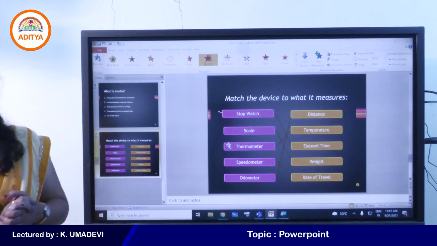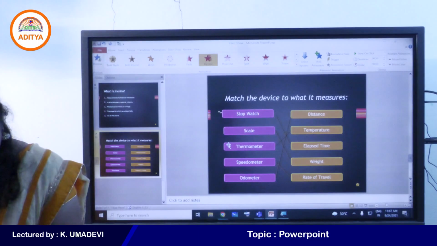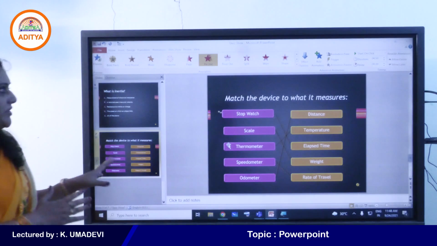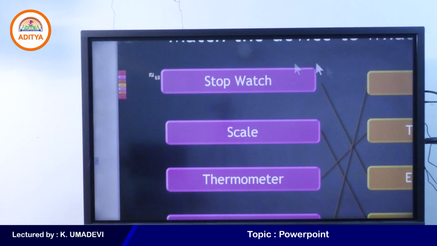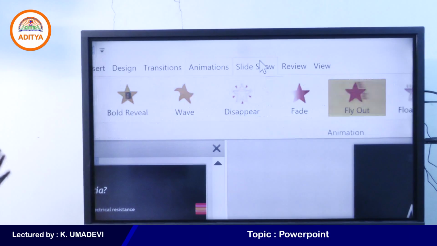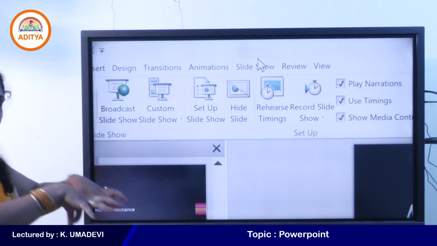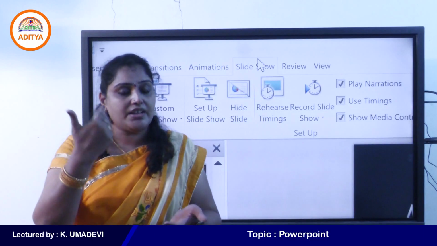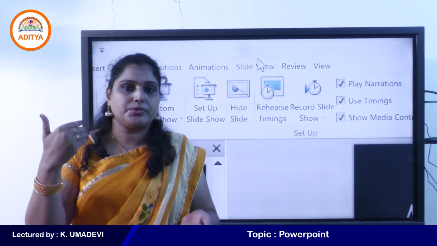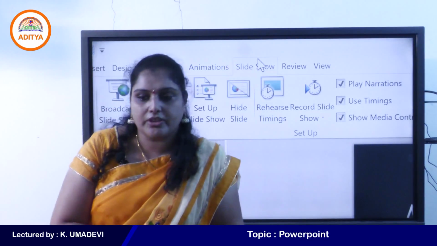Okay, I would like to tell you one important thing, students. See, just observe what I am doing. Okay, and then tell me, so what are the changes you observed here? I'll zoom the screen. I'll apply one option, okay. Here I'll select slideshow. Just observe, students. Yes, we can apply animations to images, any type of objects that are inserted on slide. Yes, we can insert tables. Yes, we can apply animation effects to tables. We can insert pictures. Yes, we can apply animations to pictures. We can insert clip arts. Yes, we can apply animation effects to clip arts. Okay.